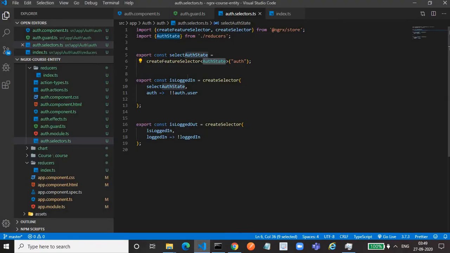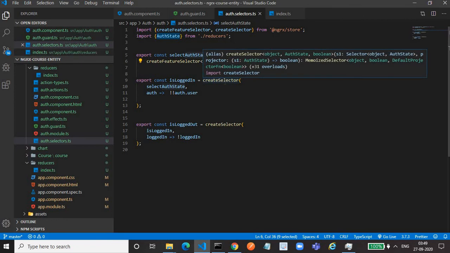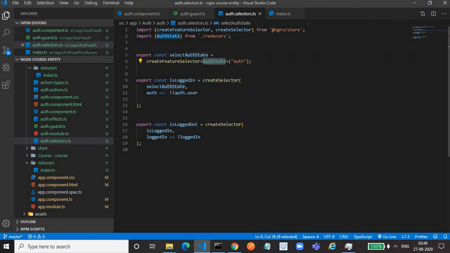Once we get the createFeatureSelector, we have to create the selector for getting the exact information. In createSelector, we are chaining this createFeatureSelector, which will give us the auth state, and we are interested in auth.user. But what is the use of these two exclamation signs? If I remove them, isLoggedIn contains the user information, but I need isLoggedIn to be boolean.